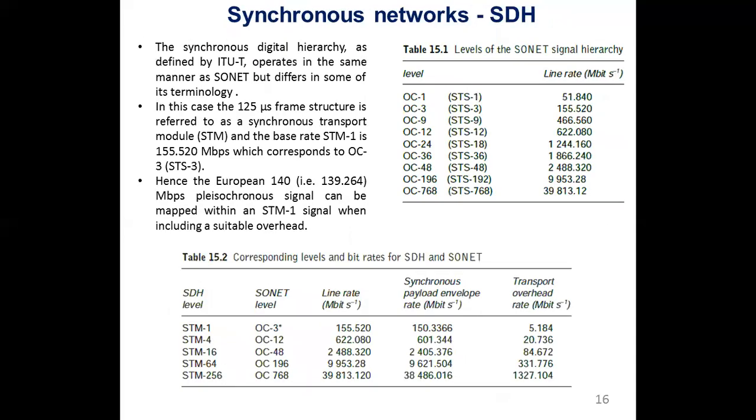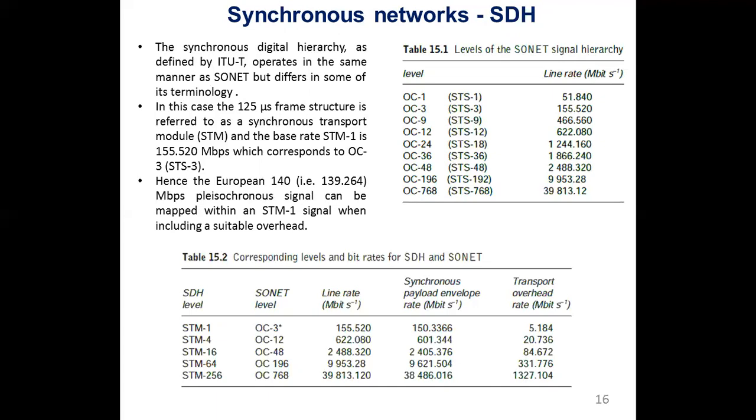A counterpart of the SONET, which is used in the European countries, is known as SDH, which stands for Synchronous Digital Hierarchy. It only differs from SONET in its terminology, but the operation is basically the same. The total frame time is 125 microseconds, and instead of STS, now it is referred to as Synchronous Transport Module (STM). The basic STM1 rate is 155.520 Mbps, which corresponds to the optical carrier 3, which is STS3. So this is the main difference between SONET and SDH. That is, the STM starts with STS3, where you'll have 3 into STM.